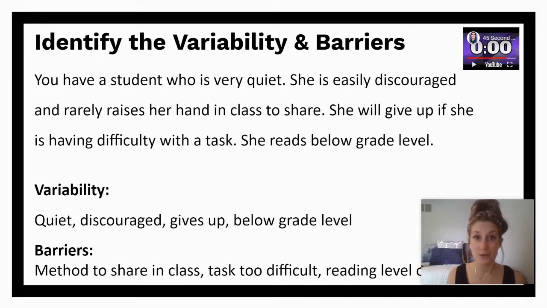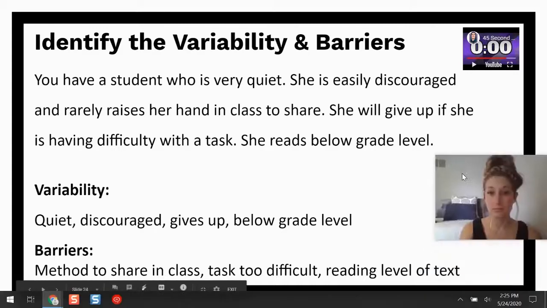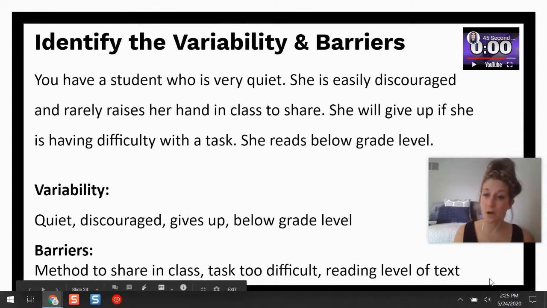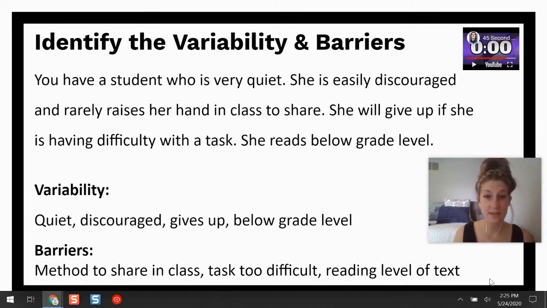Task is too difficult is a barrier. So it says here she'll give up if she is having difficulty. Well, if the task is too difficult, then that's going to happen. Reading level of the text is also an example of a barrier here. So if I give her something that is way above grade level for her reading, and that's the resource she's going to use, and again, that's going to be a barrier for this student because her variability is she reads